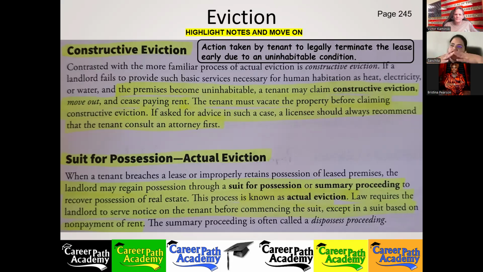Once again, what will happen to the landlord after constructive eviction? He could be forced to do the repairs. He could be fined if he doesn't. Tenant can sue him if they know that he's doing it for a reason to try to get them out so that he could get a different tenant in there that pays more, if they're aware of that. But if they just can't get him to do the repairing because he's cheap, they get the city to come in and force him to do it.